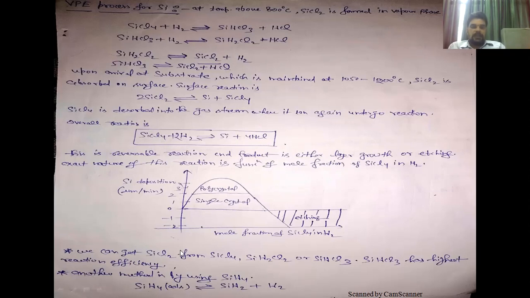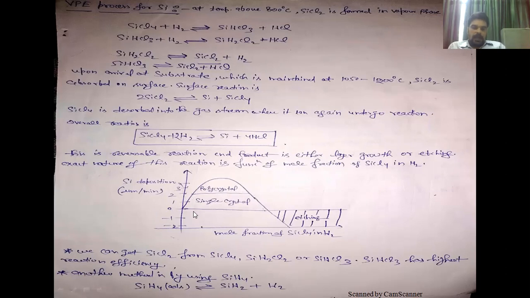Okay, so this is the graph that you can see. This is the mole fraction of SiCl4 in hydrogen. If the mole fraction of SiCl4 in hydrogen is increased from left to right, you can see the deposition of silicon in micrometer per minute shown here. As the mole fraction is increased, the deposition of silicon also increases. Up to this point, you get the single crystal deposition onto the substrate that you want in vapor phase epitaxy. Now, if that is a CVD process, then polysilicon deposition can also occur.